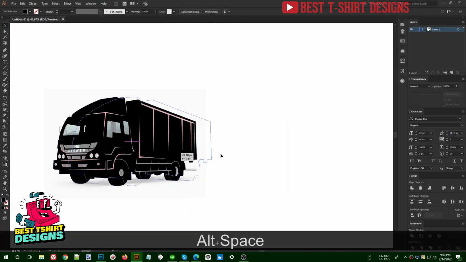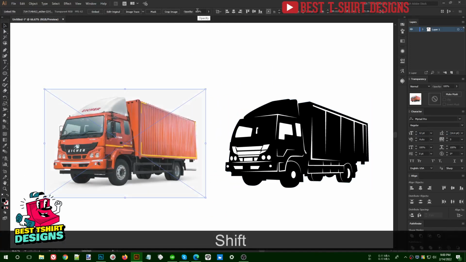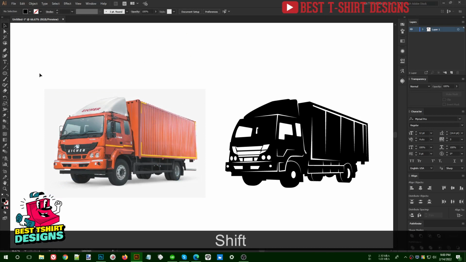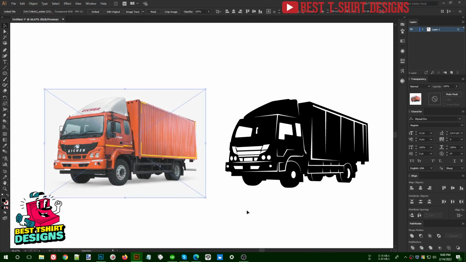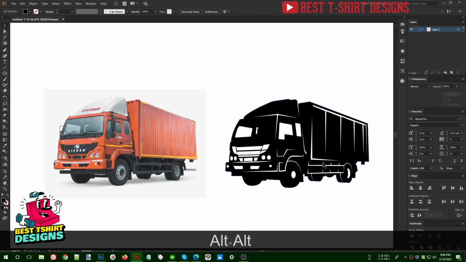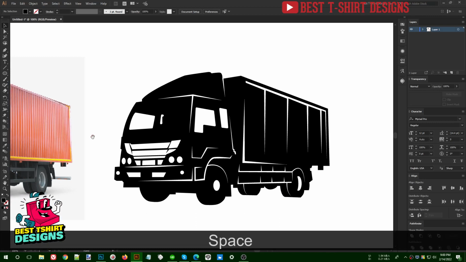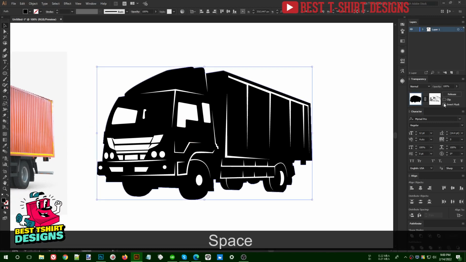So this is a graphic I made just from this image. You can search like truck PNG images, you will find tons of different images like this, and from an image you can simply make your own graphic. Making a graphic like this is really easy. All you have to do is just draw the outline of the truck. As you can see here, I just drew the outline of the truck, and then